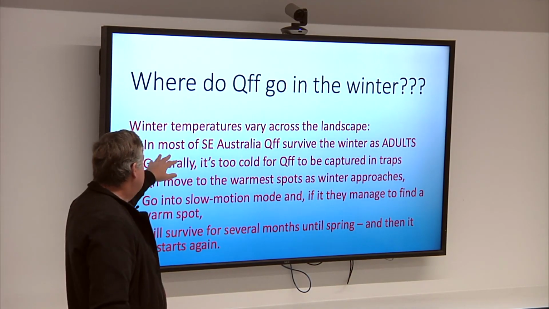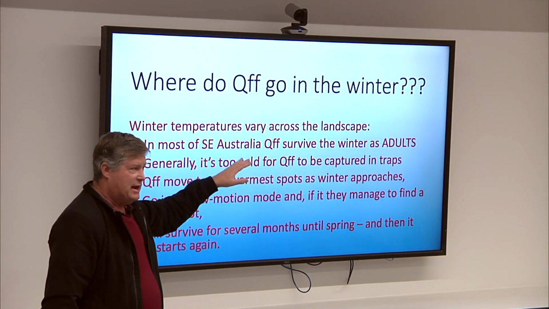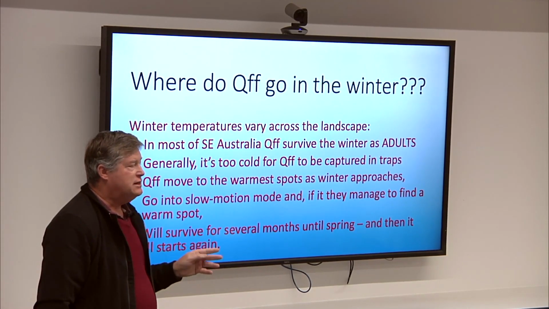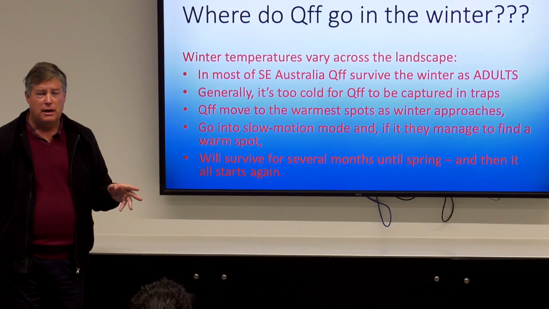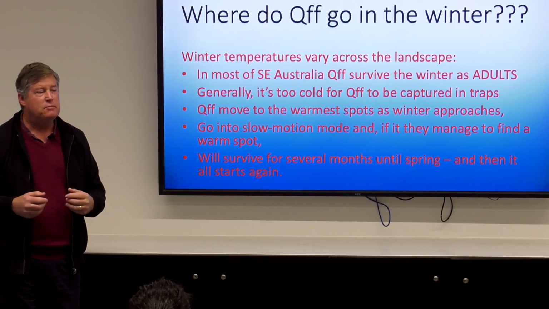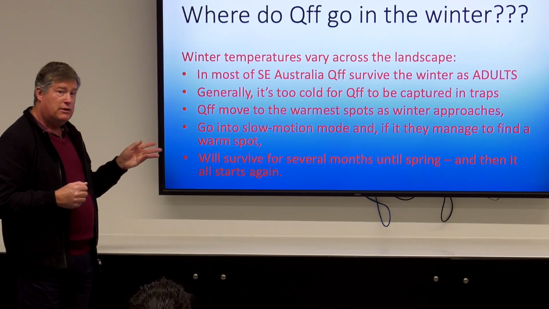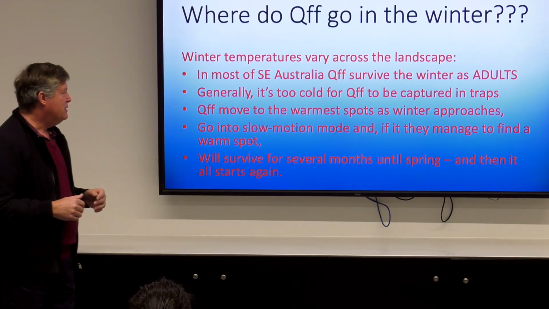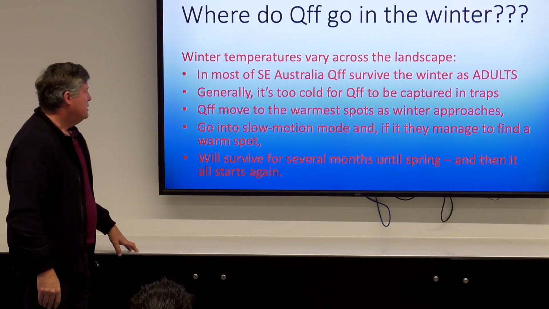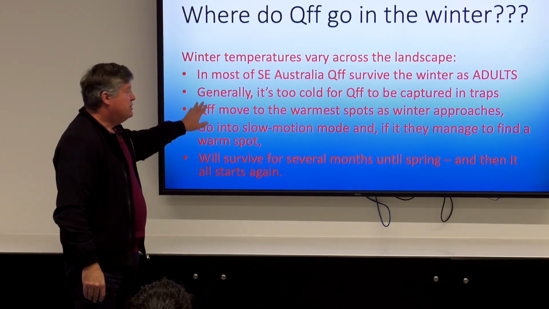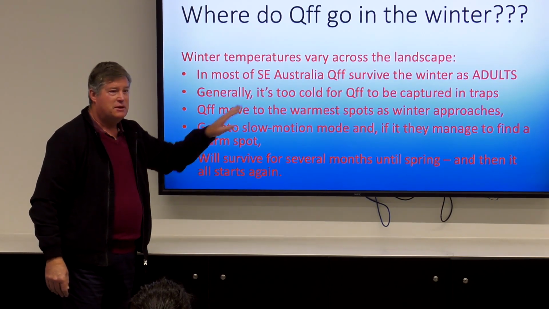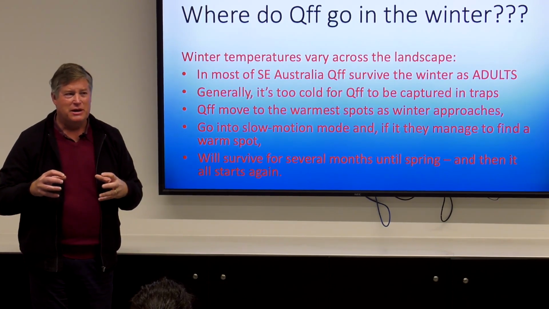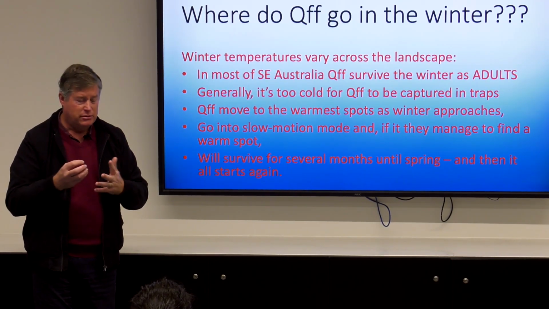As I said, in most parts of Southeast Australia, they survive as adults. Any eggs, larvae or pupae on the landscape after about the middle of May are probably going to die in the fruit. Those in the fruit before that will probably survive as adults. So it's a bit of a cut-off, but that would vary from spot to spot. Like I said, it's generally too cold for flies to be captured in traps. They're more interested at the moment in surviving the winter, moving about a little bit as it warms up, finding moisture from dew